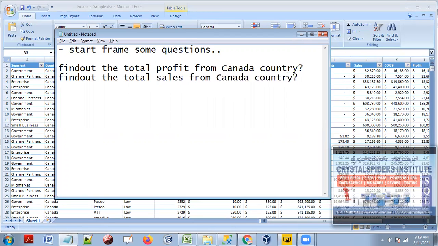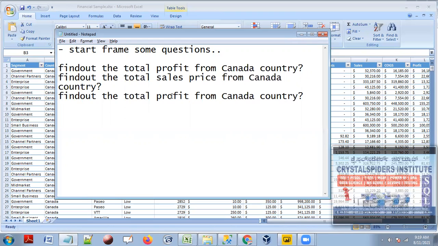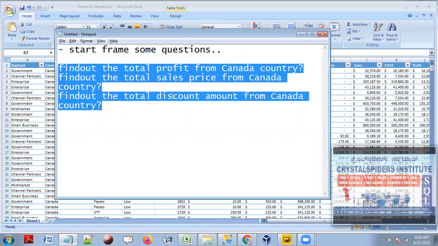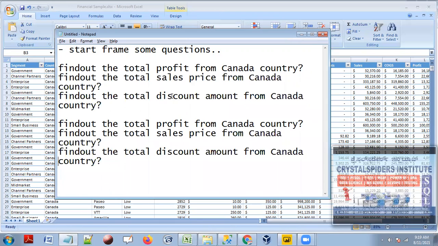Total sales means the price, right? Price from Canada state. Now here, find out the total discounts. How much total discount amount from Canada? You see that here. Okay, these are some questions, and I'm going to frame some more questions by seeing this sheet.